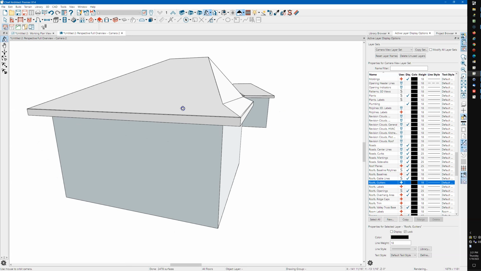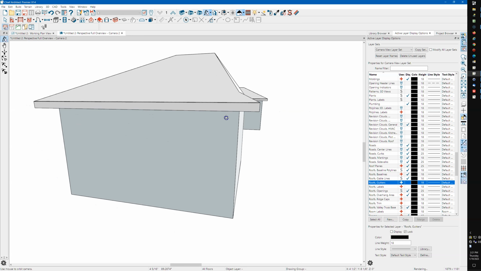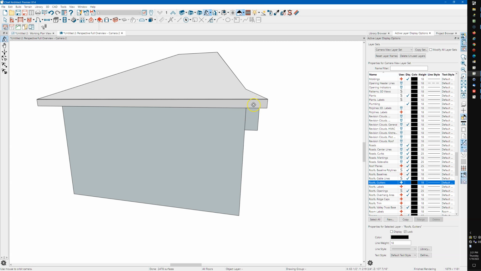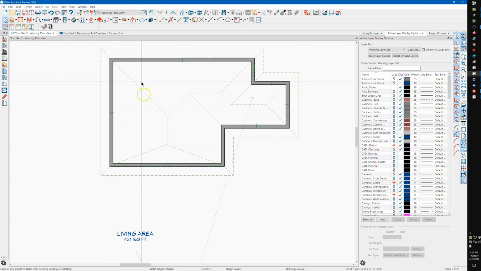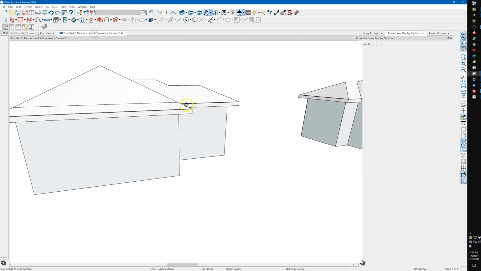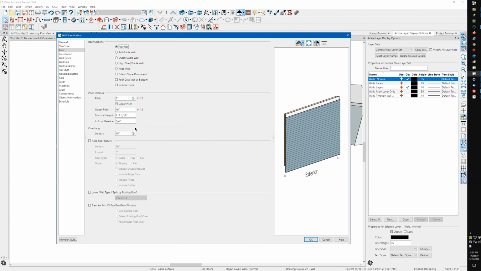But the problem is that if you want this break outside, if you want that break out here somewhere and not above the wall or inside this wall, you can't do it with this tool. I mean, I can't believe that you can't do a negative right here. That just makes no sense to me at all. And from baseline, you should be able to put a negative and put that outside the wall and not anywhere, you know. But anyway,